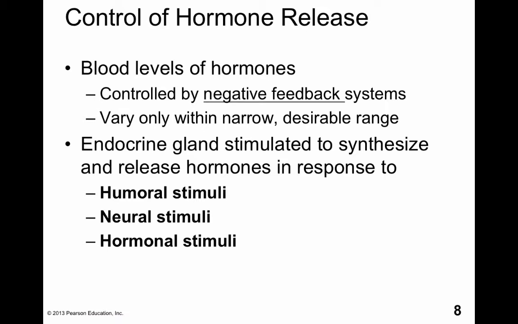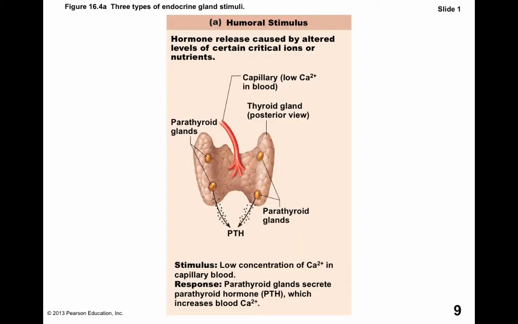Now, endocrine glands are stimulated to make and release hormones in response to what's known as humoral stimuli, neural stimuli, or hormonal stimuli. So let's talk about all three. So humoral stimulus,